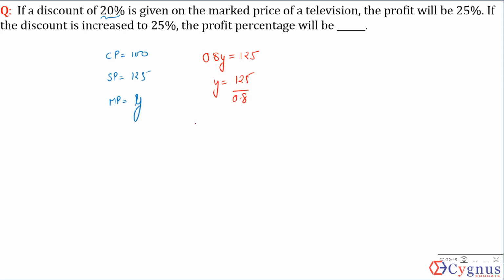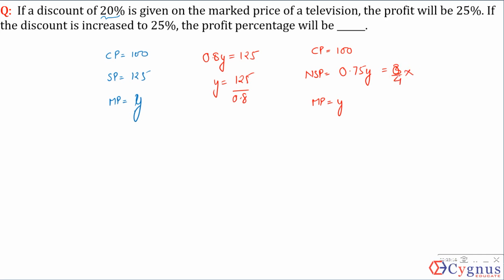What's next? If the discount is increased to 25% instead of 20, then the profit percentage will be how much? We know that CP will remain the same, that is 100. Mark price will remain the same, which is equal to Y. What's the new selling price? We'll have to calculate that. We know that the discount was increased to 25%, that means now the selling price will become 0.75 times Y, which is equal to 3 by 4